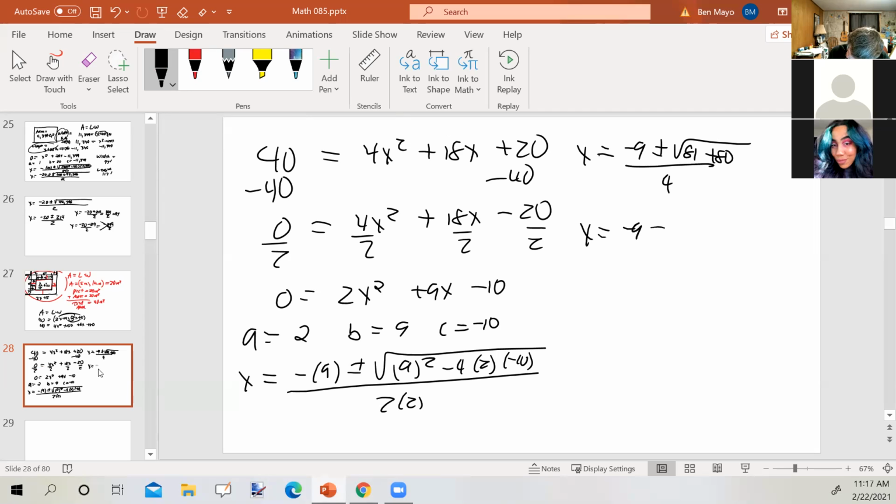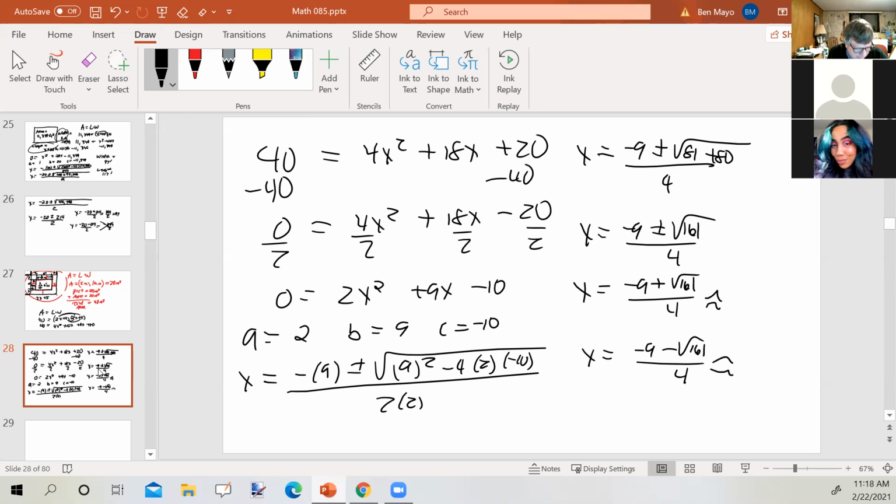X equals negative 9 plus or minus the square root of 161 all over 4. Since it said rounding, that tells me it's not going to come out exact. So let's figure out what the two possible answers are going to be. So parentheses, negative 9 plus the square root of 161. Close up the radical, close up the entire numerator divided by 4, and I get